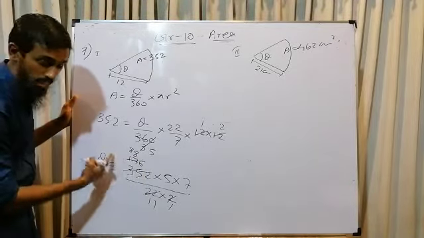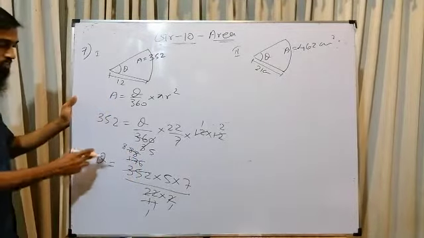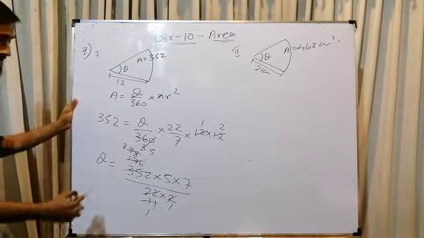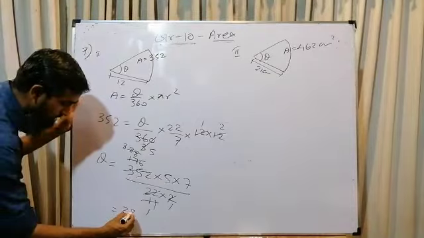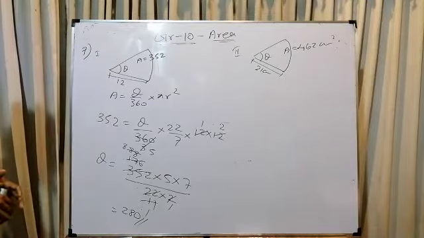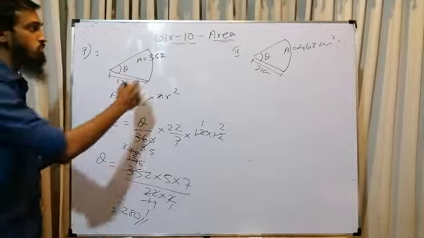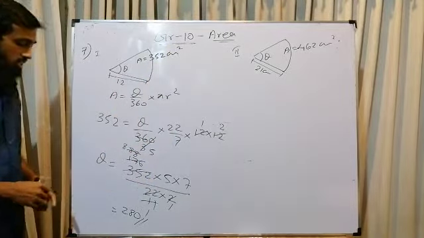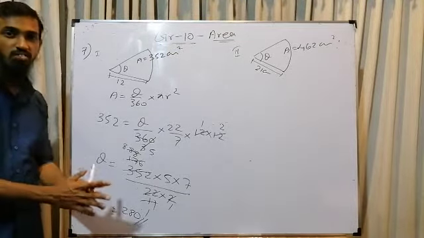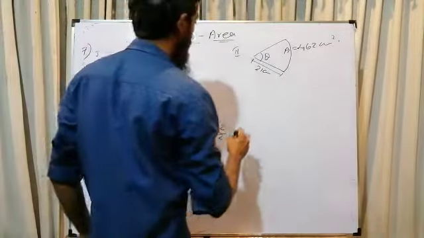So now you can check it. It can be simplified. So 11 times 1, 11 times 8. So 8 into 5 into 7. 8 into 5, it's 40. 40 into 7, it's 280. So the angle of the sector of radius 12 centimeter and area 352 centimeter square, it's 280. It all belongs to simplification and multiplication table. Okay, we'll go for the second part.